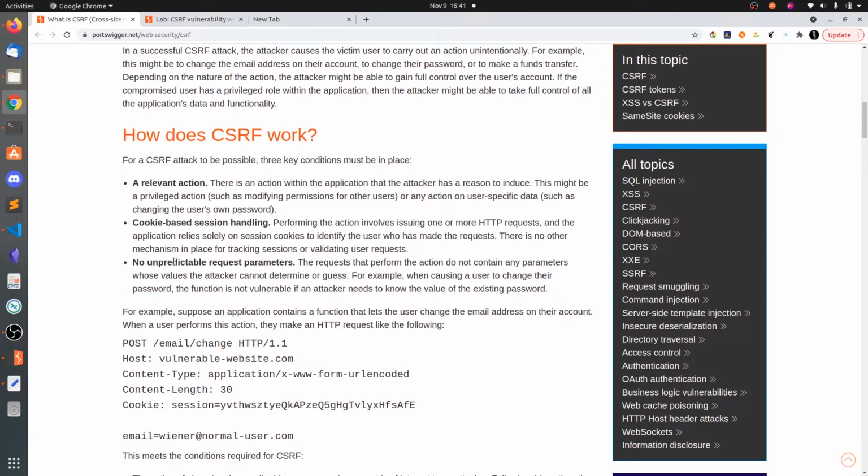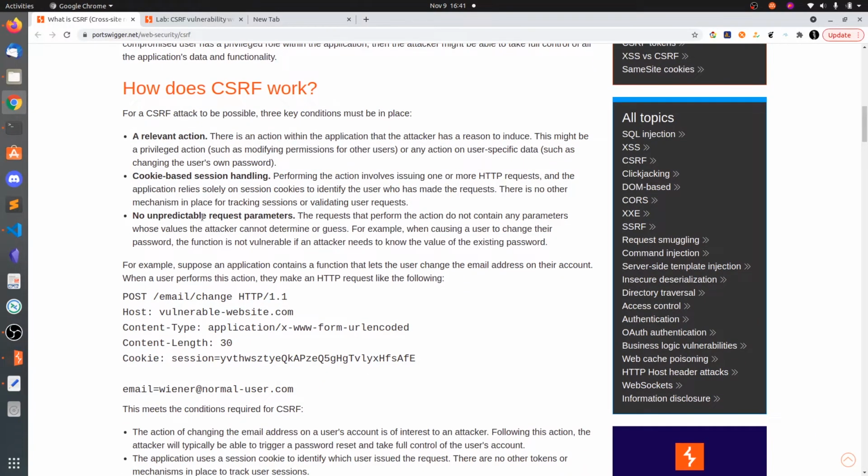So upon seeing this cookie, the website identifies that you are the correct user, and it will directly do the action without checking any other things. And no unpredictable request parameters. These are simple parameters: just email equals this one, and your email gets changed.